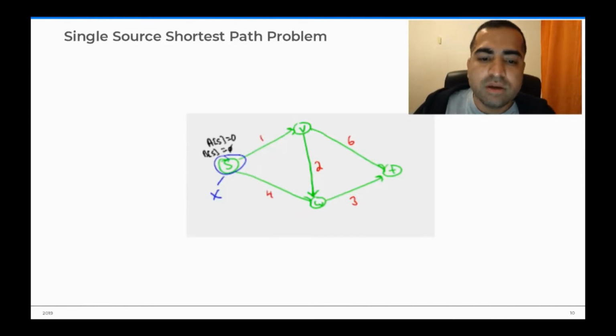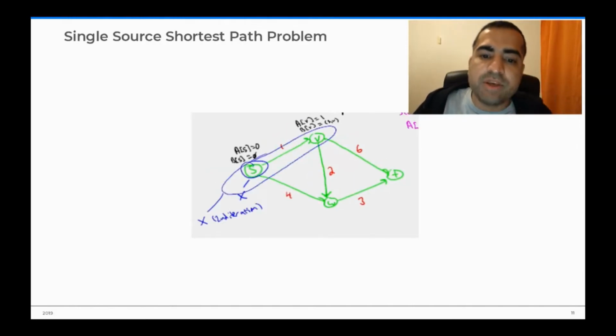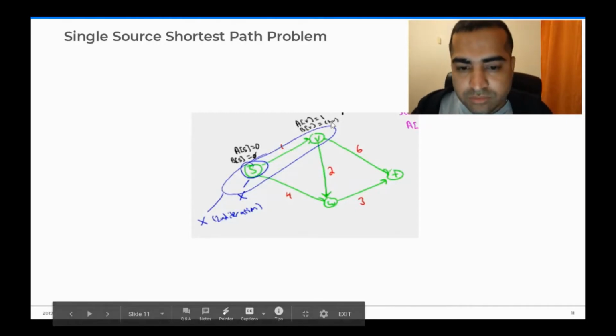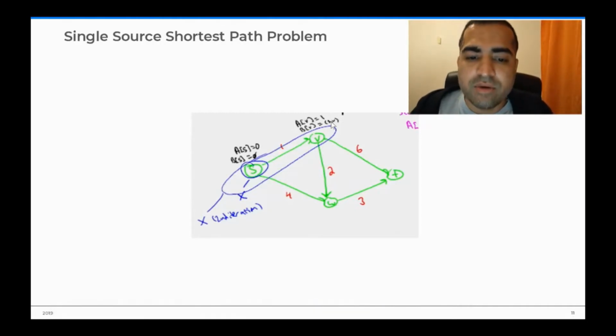Now moving forward, we have two options: either we take S to V, or we take S to W as an edge. Here we can see that S to V is shorter, and we apply Dijkstra's criterion, so now A of V is equal to 1 and B of V is equal to SV, because that's the shortest path we have taken from S to V. Now we have 3 edges available. Either we take S to W, which has weight 4,